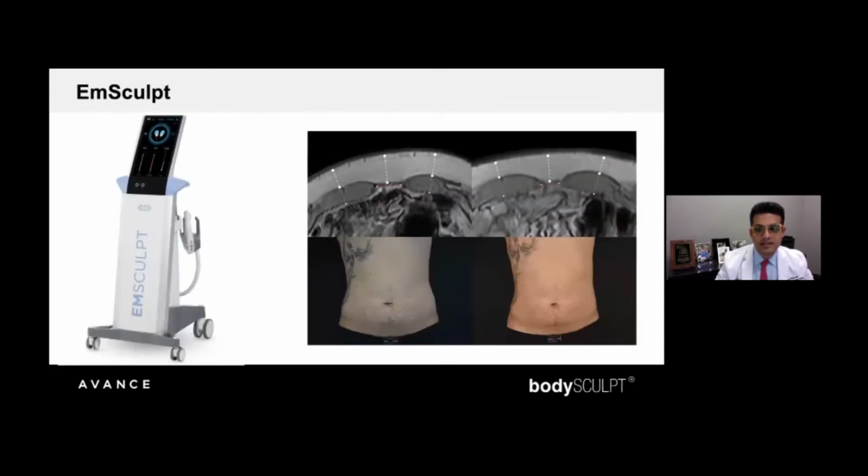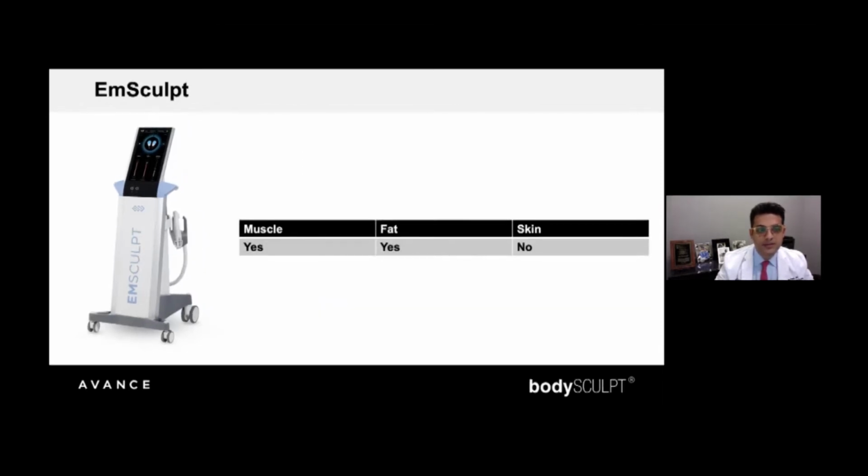And the problem is there are basically limitations to each of those technologies. And I'm going to go through them and demonstrate what each of them are. So if you look at the muscle stimulation, it hypertrophies muscle. There may be some fat reduction, but it does nothing for skin laxity, which is probably the most important thing